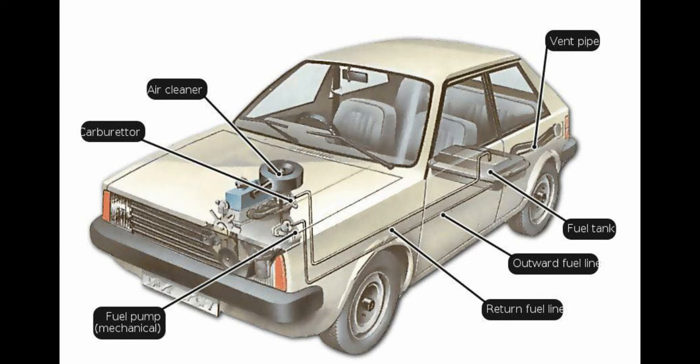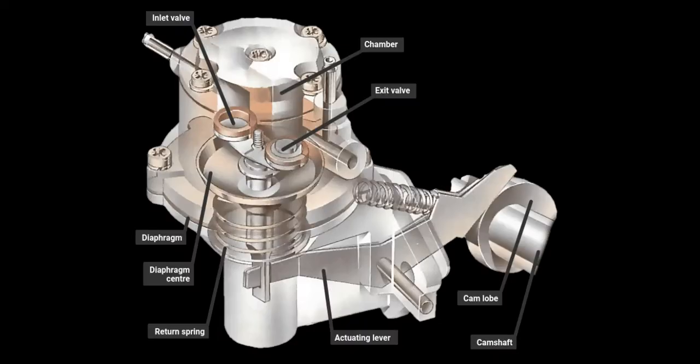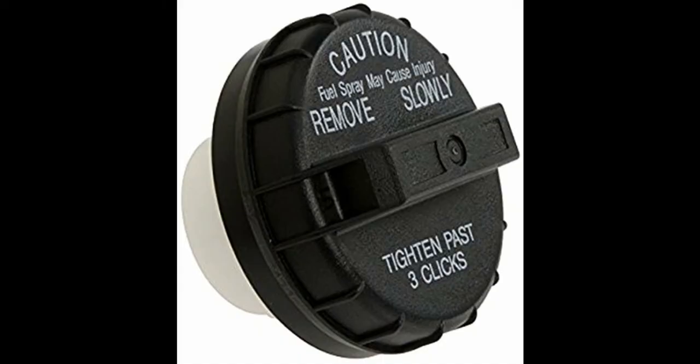Next is the fuel system. The fuel system supplies fuel to the engine. It also has the function to remove trash or dust and to regulate the volume of supply. The fuel system consists of a fuel tank, which is a container for storing fuel, and a fuel pump that pumps the fuel from the fuel tank to the engine. The fuel filter contains a filter element to remove contamination from the fuel. A pressure regulator regulates the fuel pressure at an optimal level at all times, resulting in a stable fuel